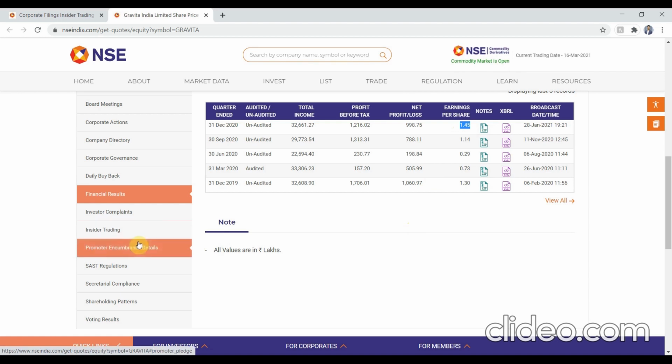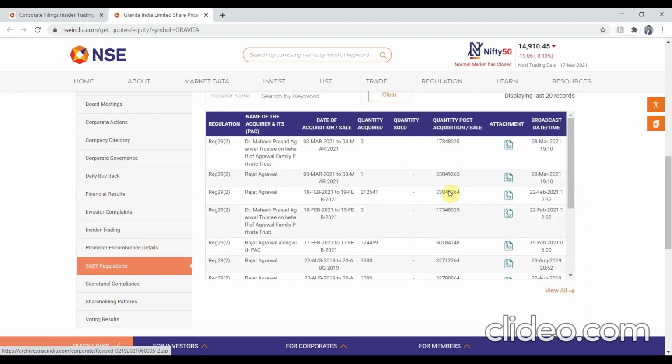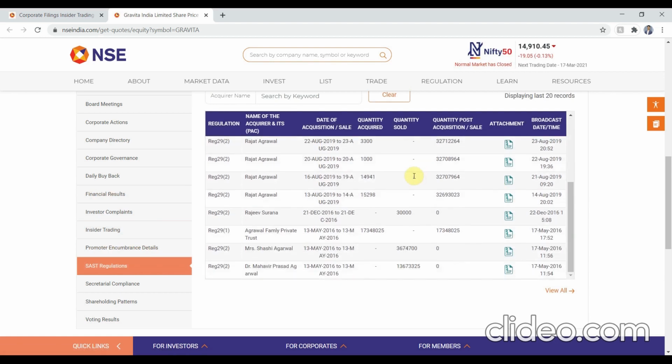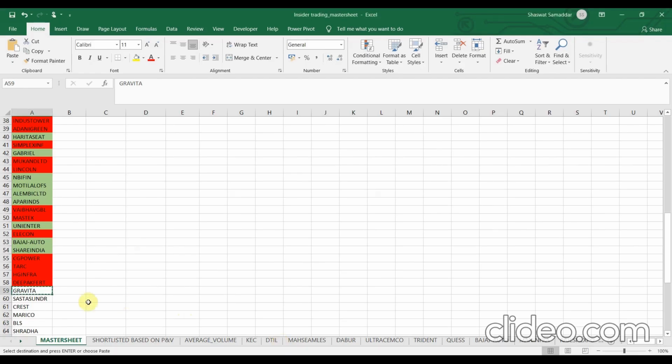Until any one of the primary filters gets rejected. Okay, so let's check the pledging, it is good. SAST regulation, no worries. Shareholding, okay, this is a green stock for us. Shareholding is greater than 50%.